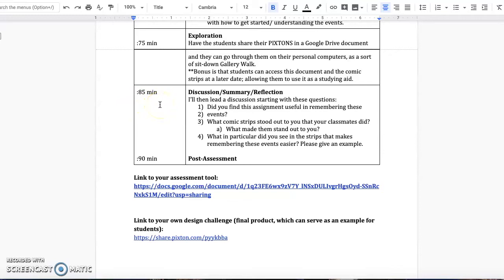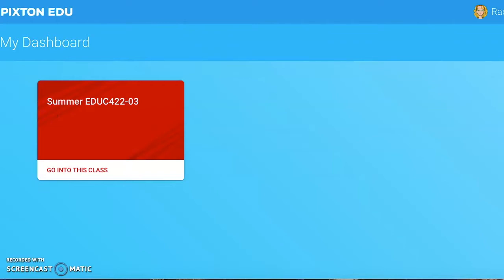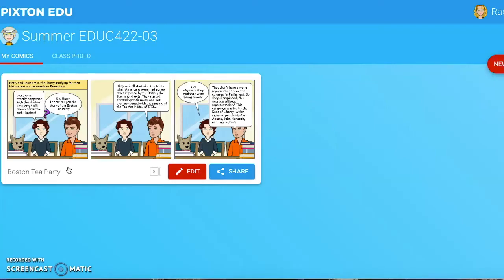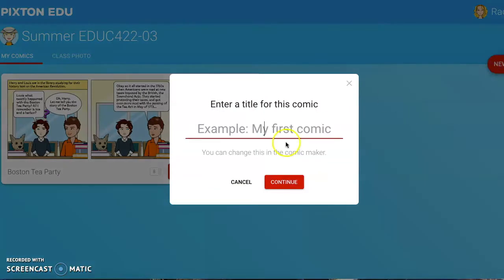But to get into more of the mechanics as to how this would work, you would log on to Pixton with your classroom. And I'm already logged in, so you would get to go into this class. Okay, and I already completed my design challenge, which I'll be showing you in a second, but if they wanted to complete a new comic, they could just click New Comic in the corner, name it on whatever event they wanted to do,